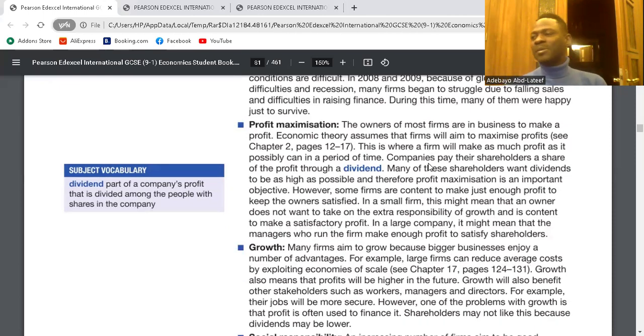When we talk about profit maximization, basically we're talking about making the highest possible profit. And why do you want to make profit? Because it's an objective of a business. For companies, they want to make profit so that the dividends to their shareholders can increase. And what is dividends? Distribution of profit to shareholders. So the more profit you make, the higher the dividends you pay to shareholders. So that would be an objective. Is it clear? Any question about that?